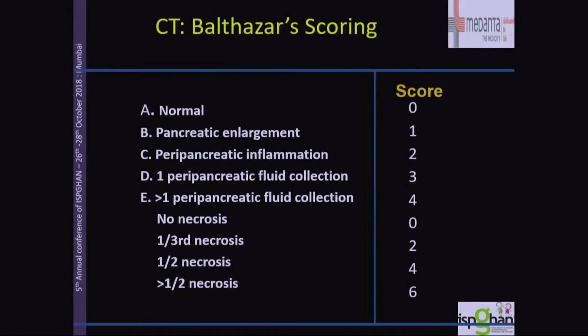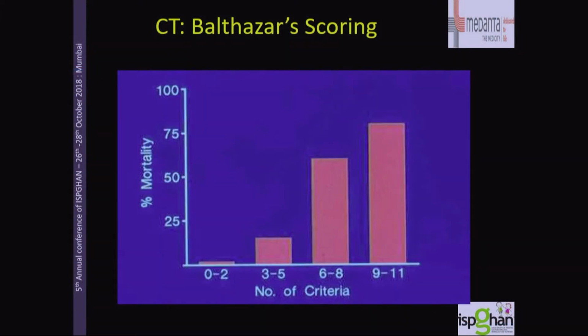So what do we do on CT scan? There are 2 types of scoring, Balthazar and modified CTS. Balthazar, you look at the grades A, B, C, D, E, and based on the necrosis, you give a scoring out of 10. And people in adults have shown that 9 to 11 had a very high mortality. But we presented a paper in one of the World Congress where we showed that children tolerated, and even with